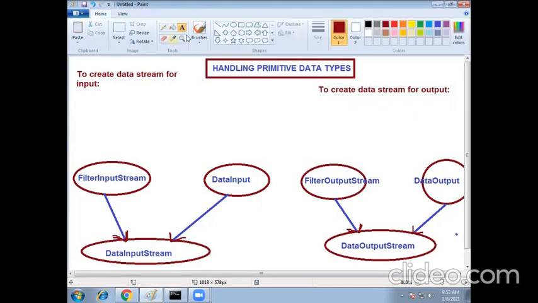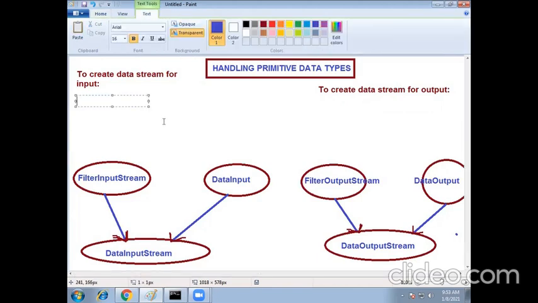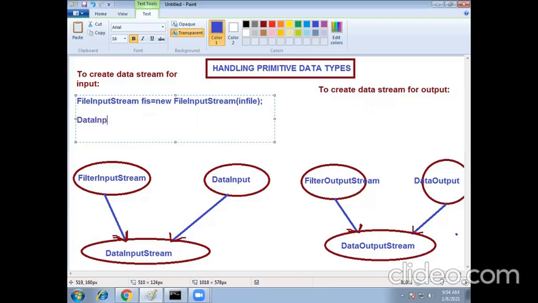To create a stream for input, first create an object for FileInputStream: FIS is equal to new FileInputStream, and here specify the in file, that means the input file name.